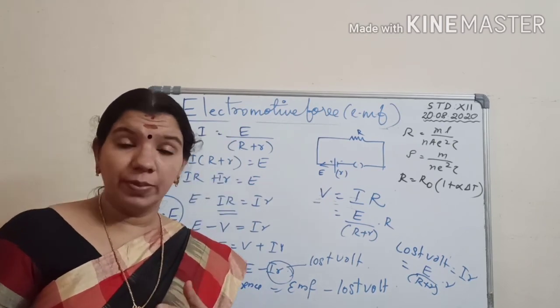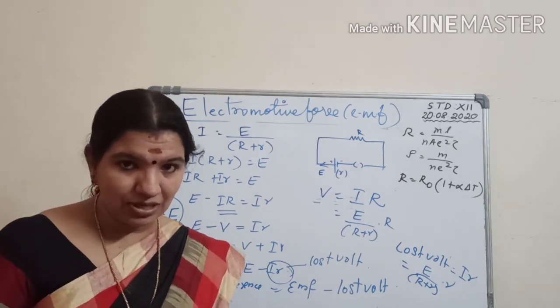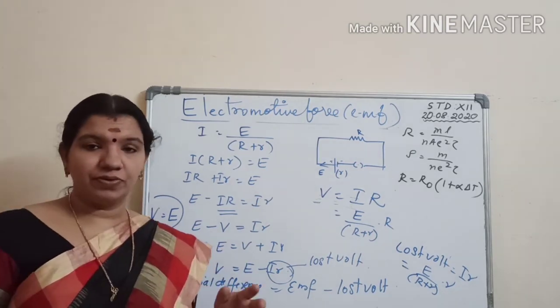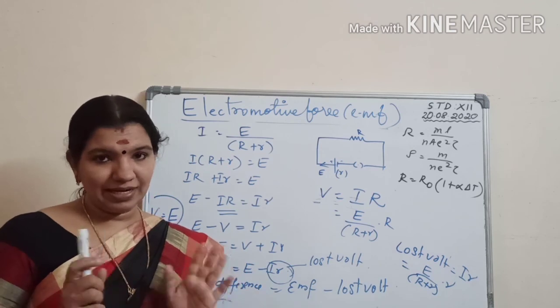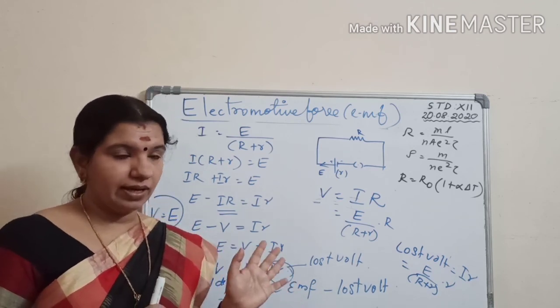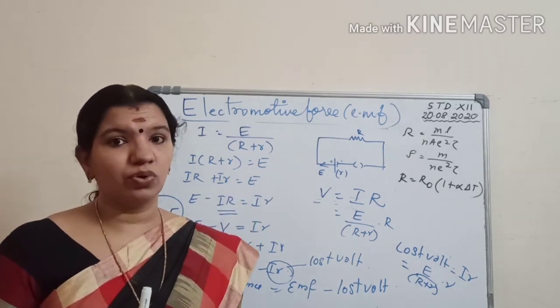Electromotive force, terminal potential difference, internal resistance, factors affecting internal resistance, and how to derive an expression for the terminal potential difference or EMF in terms of the internal resistance, current, etc. Okay, the relation connecting all these things. Understand? So it is very important again. And the topics that we have studied, so many derivations we have gone through today.